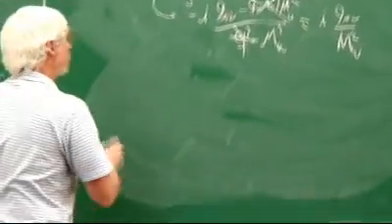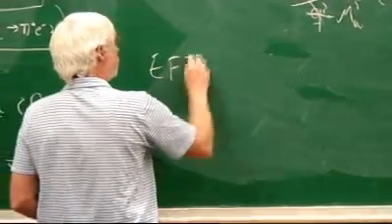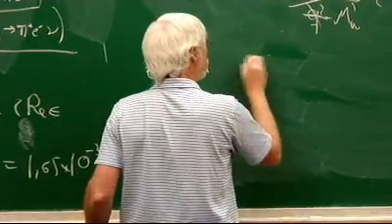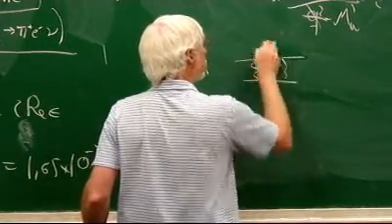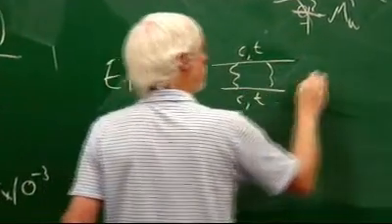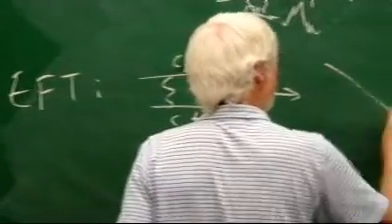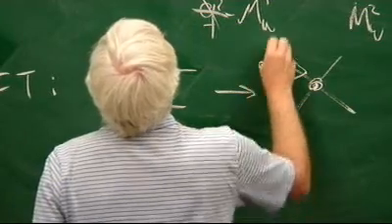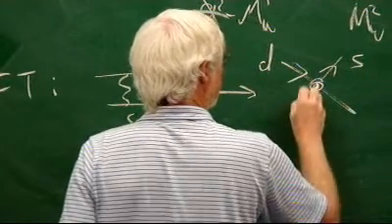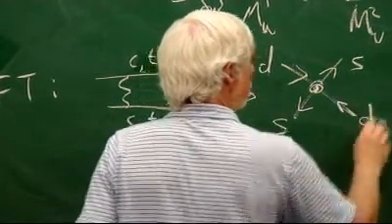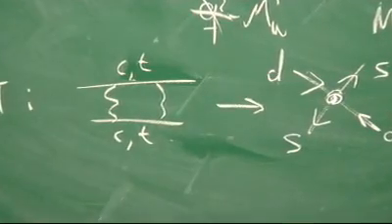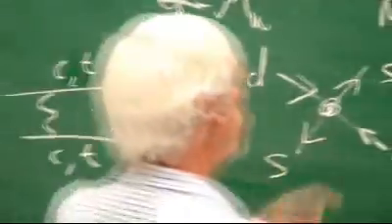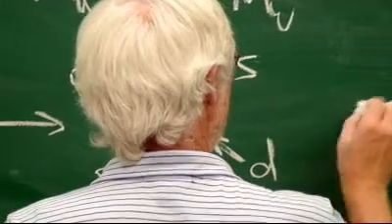This is holding an effective theory, and I'll talk about that tomorrow. I can take this whole thing, when these guys are C and T, and replace these by just one single interaction where you have the T going to S and the anti-S going to an anti-D. Okay? And if you don't understand what I mean by these,